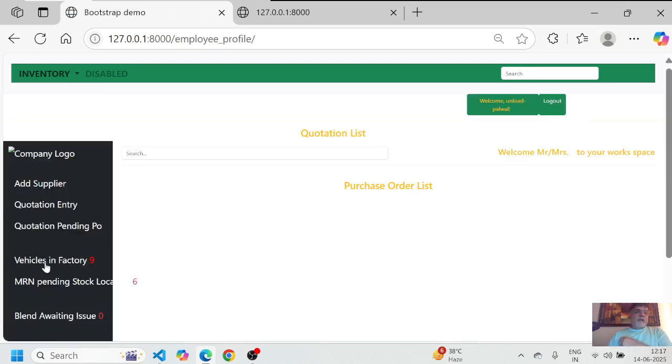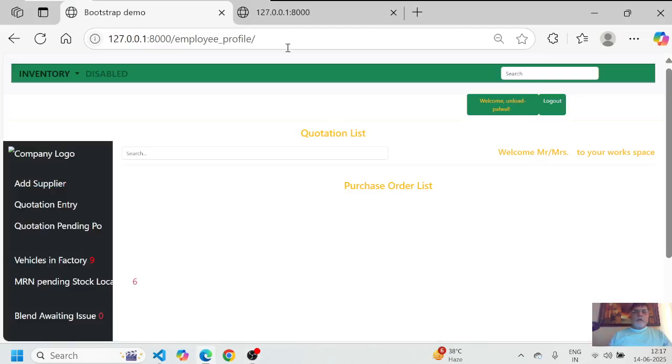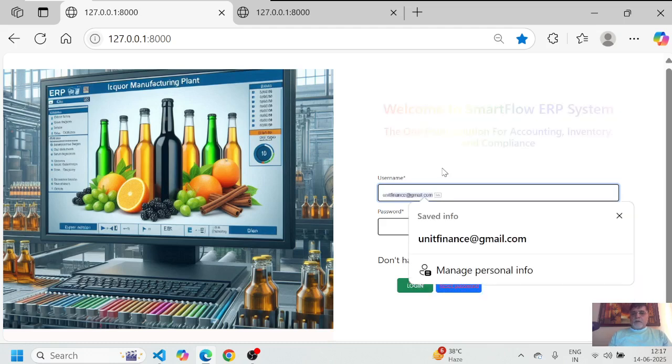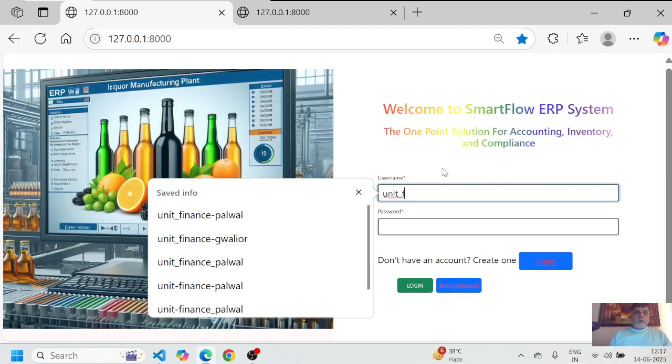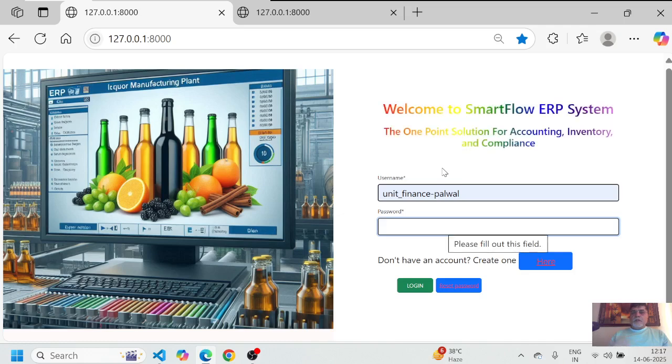Now if you look at here, this vehicle has now been unloaded. Now once this vehicle is unloaded, then we come to, we have to log out. Then we have to move into unit finance payable account, and